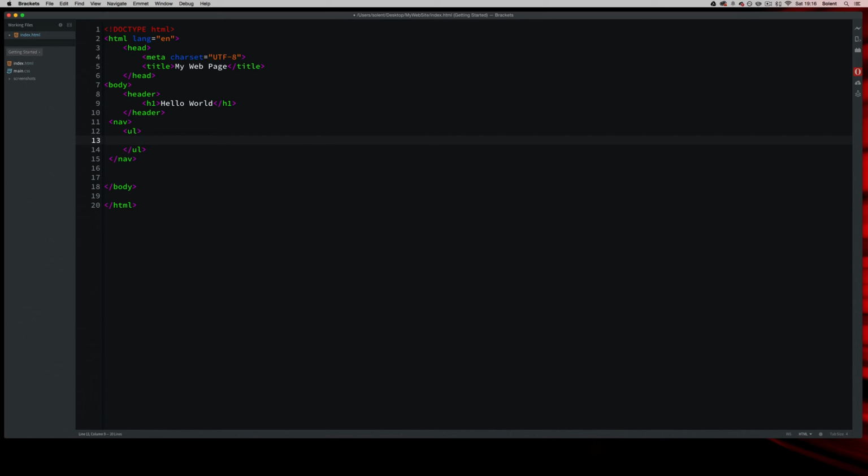So I will just put in a number of links on here. Open up my tag and put LI for list item, and then I close it off and it closes it off for me. Now inside here I need to create a link, so I open up another tag and put an anchor, which is A. I'll move along a little bit and put href, and once I put href I'm going to have href equals,